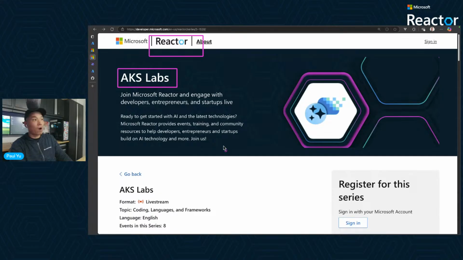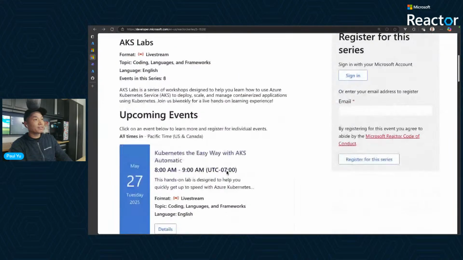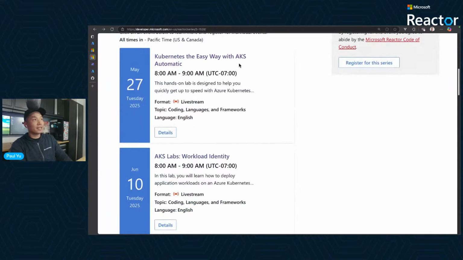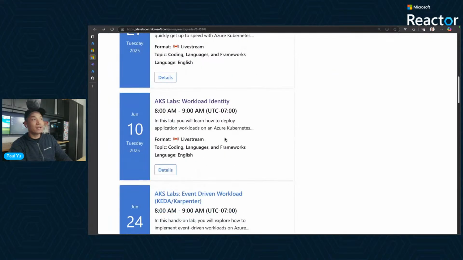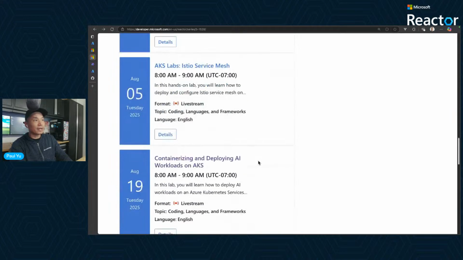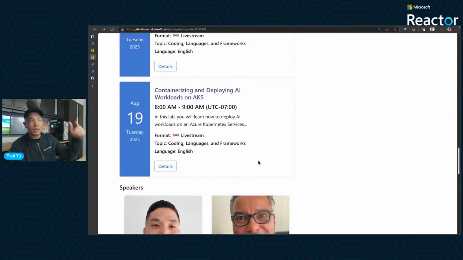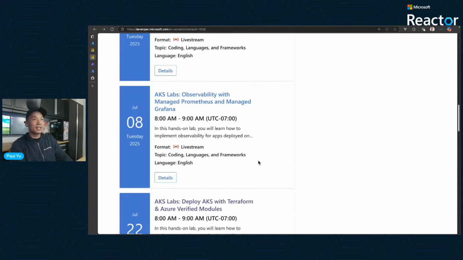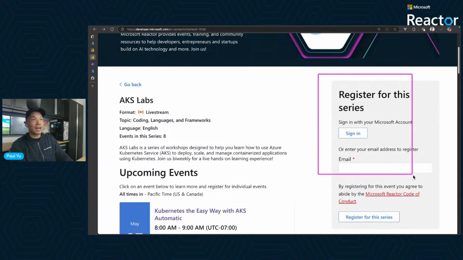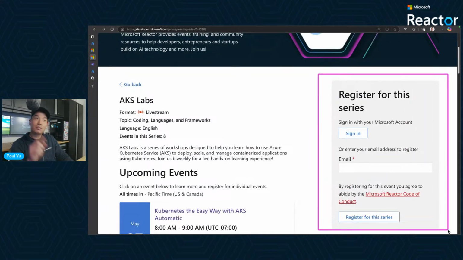This is the session that we're on. And then down here is a list of all the upcoming events, right? So today is the Kubernetes the Easy Way. We have workload identity coming up. We have a whole bunch of labs coming up, and they're scheduled to run all the way through the end of August. And so if you want to be reminded of this stuff, you can register for the series over here on